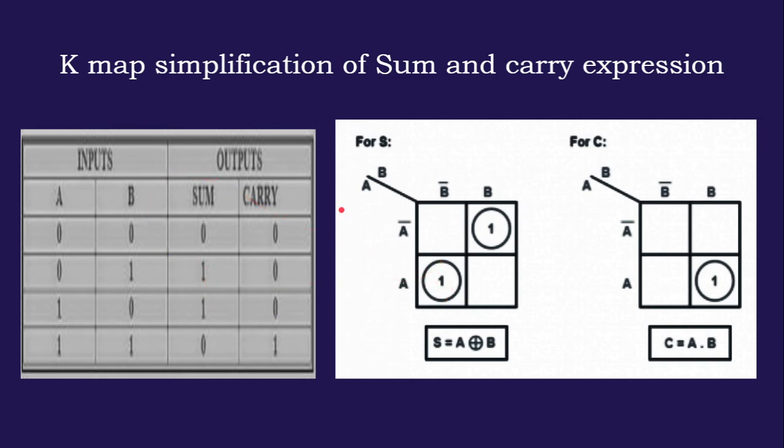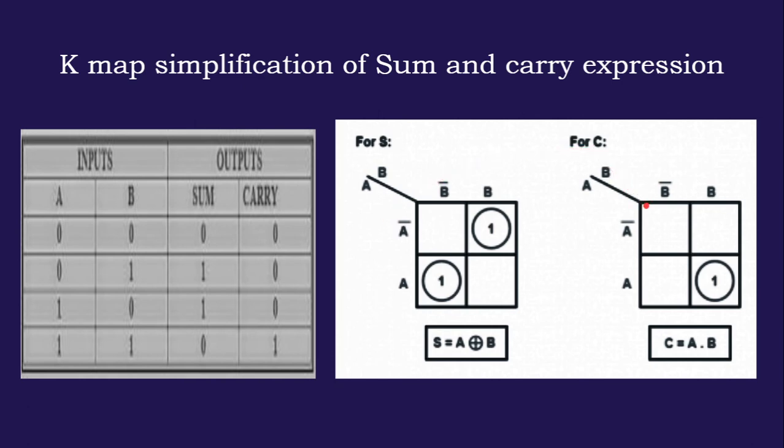So this is the expression that comes from the XOR gate. We can write the sum as S is equal to A XOR B. Otherwise we can also write the expression as A into B bar plus A bar into B. So that is the exclusive OR function. So we can simply write S is equal to A exclusive OR B. So now the sum Karnaugh map is over.